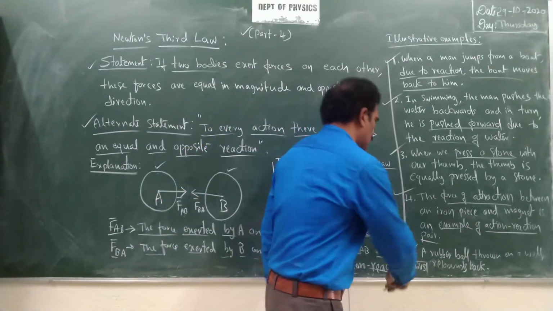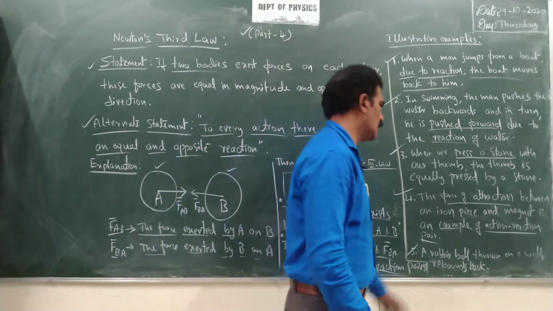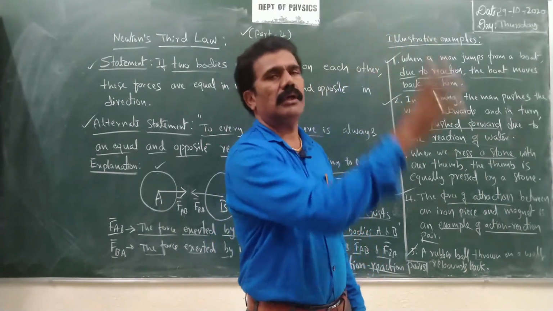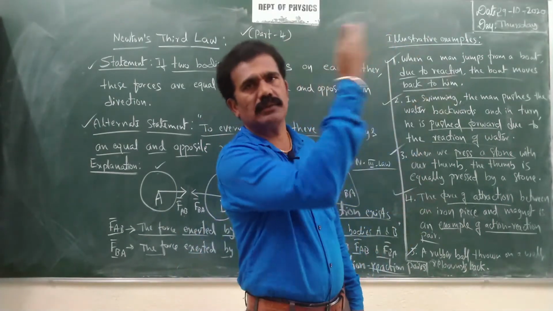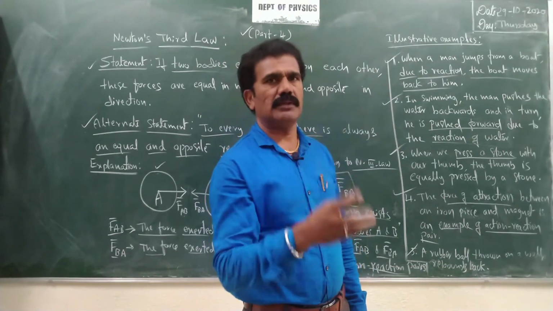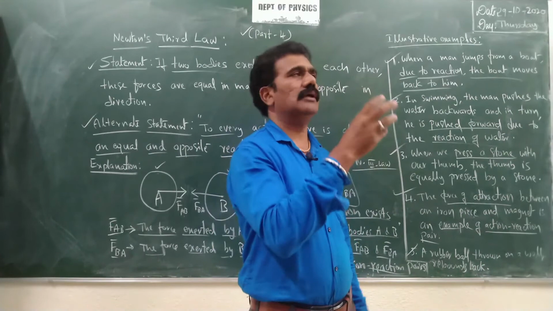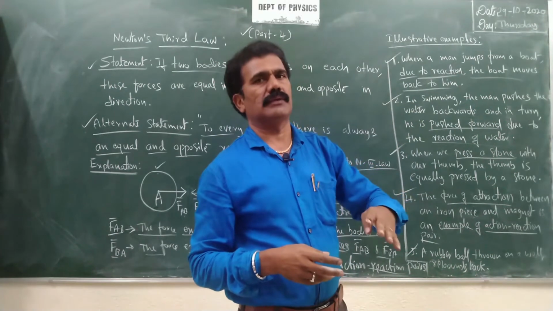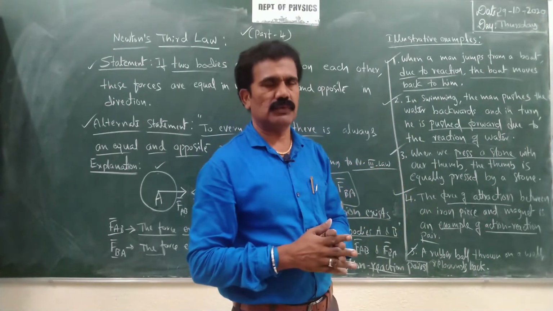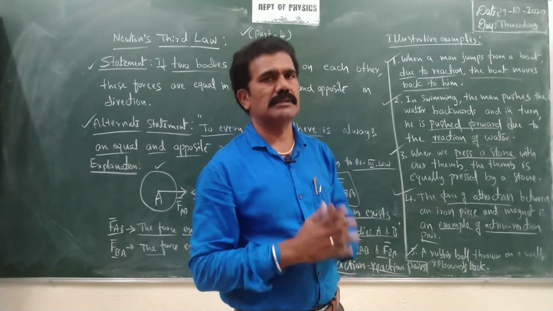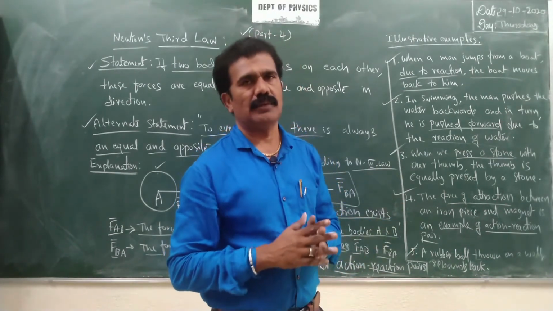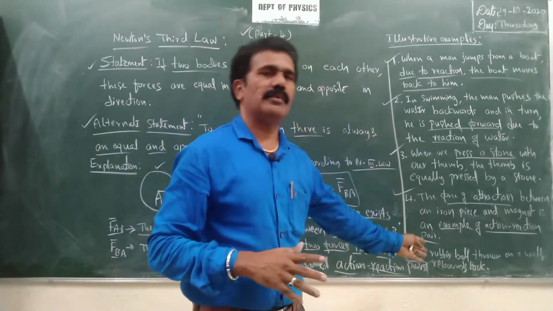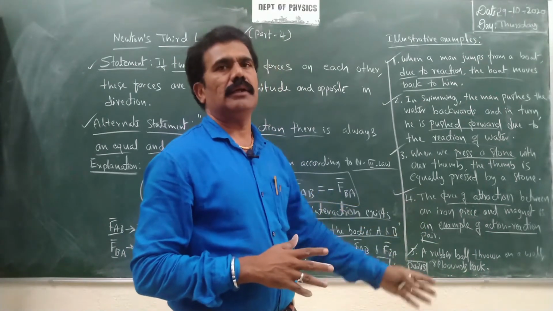Okay, and look at one more example. A rubber ball thrown on a wall rebounds back. It is also very well known. If you just throw a rubber ball towards the wall, what happens? It just bounces back with the same force, isn't it? So action is by the ball, force acting on the ball. Reaction is by the wall on the ball, isn't it? Wall on the ball, that is the reaction. So action and reactions are working here, and those action and reaction pairs are considered according to Newton's law in this example also. While you are making the notes of this, add some more examples that are known to you and then complete it.